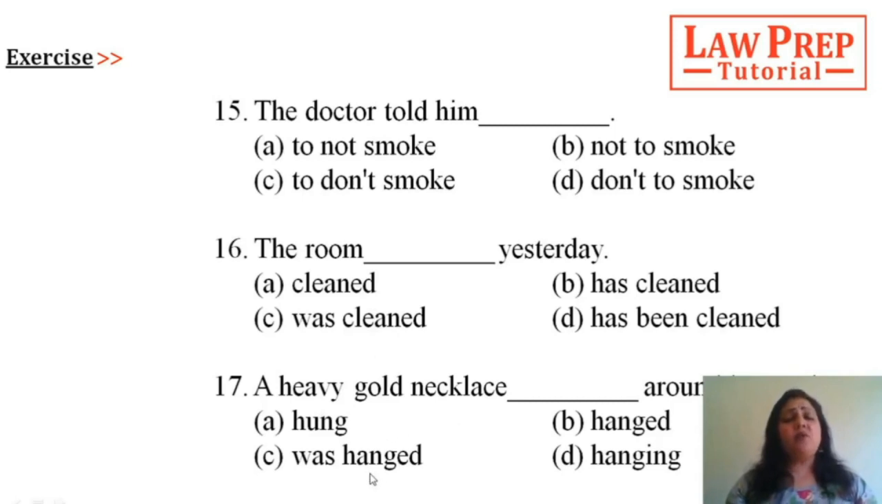Next question. A heavy gold necklace dash around her neck. Now, was hanged is a passive voice, was hanged by someone, no. The necklace was just hanging, like a good necklace was hanging. We don't have an option of was hanging. Hanged and